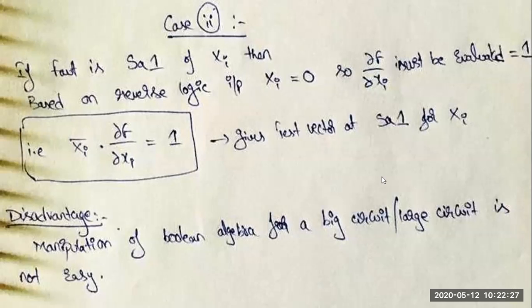So what is the disadvantage of the Boolean algebraic function? When you go on with a big circuit or large combinational circuit, it becomes a more time-taking process, and the Boolean identification of the test faults will take more time to define the faulty cases. Also, manipulating the data, the faults and the Boolean algebraics may not be very easy. So that's the main disadvantage we feel.